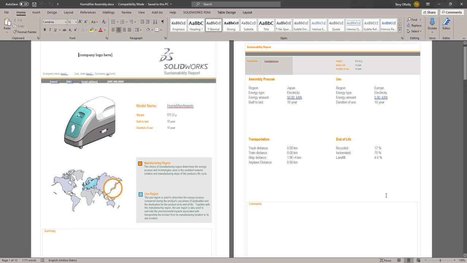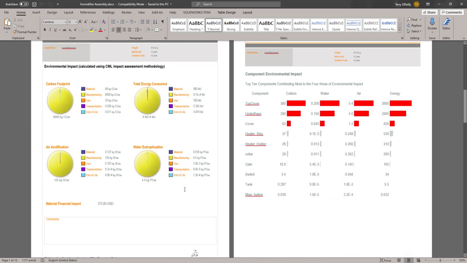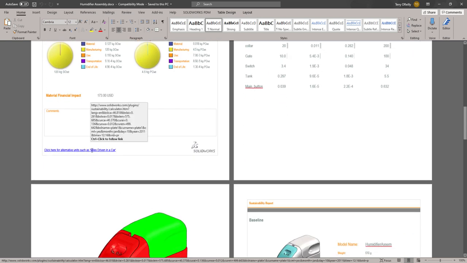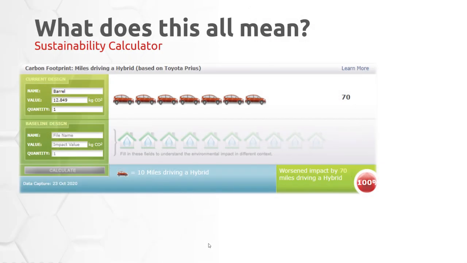So again, an indication of what options and what information has been put in by the user, but also the footprints, I guess, the impact dashboard, and a breakdown for each of the component parts and what impact each of those has on the environment for those 4 measured metrics. You'll see in the reports and the software, little blue hyperlink. What that is a link to some online information. There's a SolidWorks sustainability website, and we can input the values for each of those metrics into the system, maybe comparing the original design base to our sort of improved design.